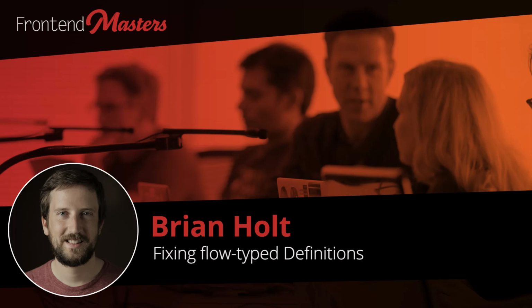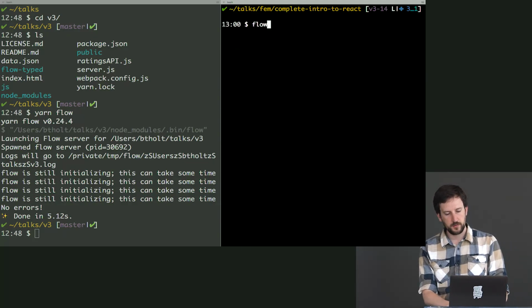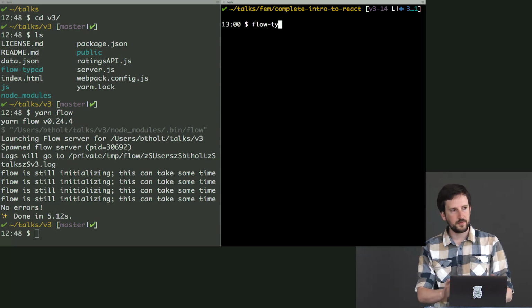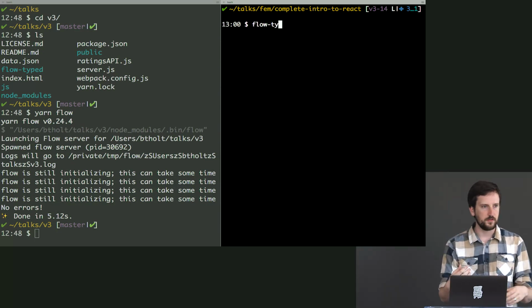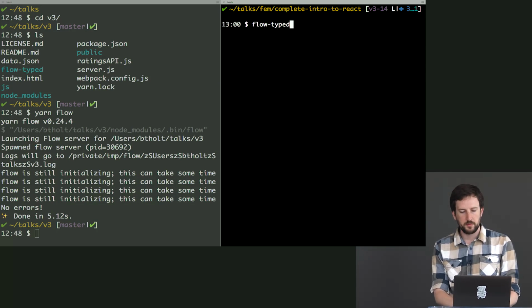And while you were on lunch, I figured out the styled components issue. So let's go back and do that real quick. When we did Flow, again, this is kind of a nascent ecosystem here, so we're still kind of figuring out how to get this to all play nicely together. When we did flow-typed install,